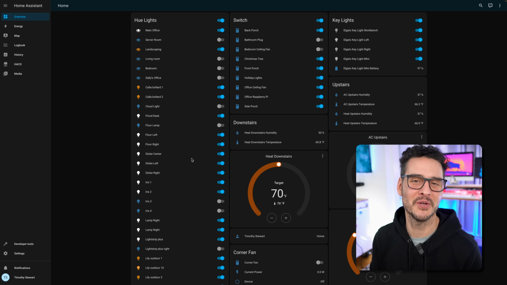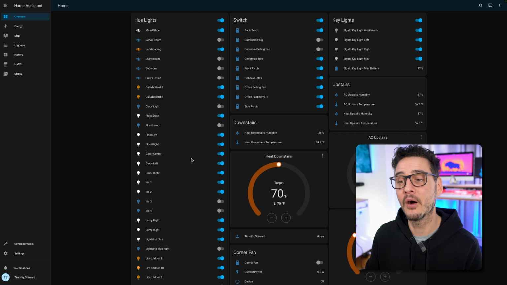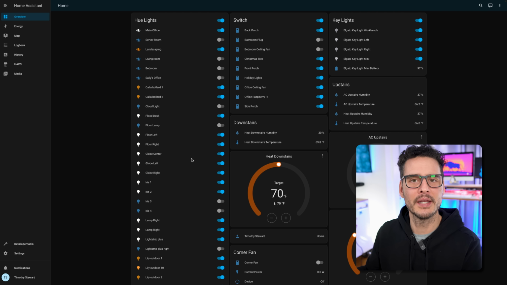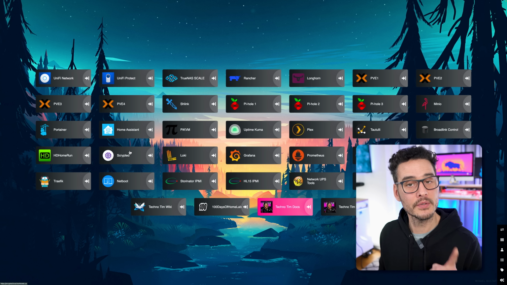Now, there's so much you could do with Home Assistant. I've only scratched the surface, and you could probably make a career out of Home Assistant if you wanted to. But right now, I only use Home Assistant kind of as an interface to get a lot of my devices into HomeKit so that I can access them there from my phone or from my tablet or from my Apple TVs. And so with that, I'm actually running Scrypted as well.